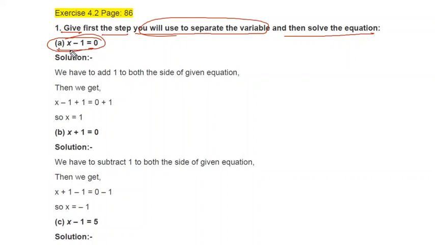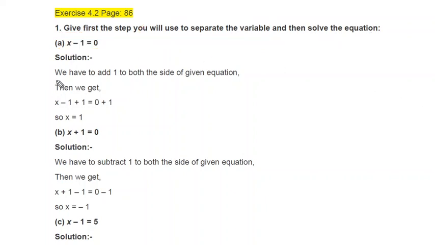So here you can clearly see x minus 1 is there. You have to eradicate this minus 1. Therefore we will add 1 so that it will be cancelled. Now we have to add 1 to both sides of the given equation. Now the equation was x minus 1, we will write x minus 1. We are adding 1 on both sides, therefore plus 1 equal to